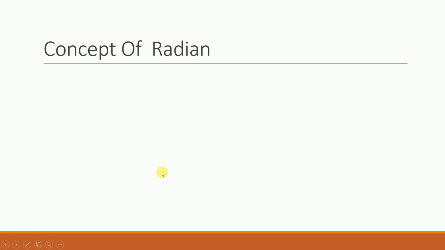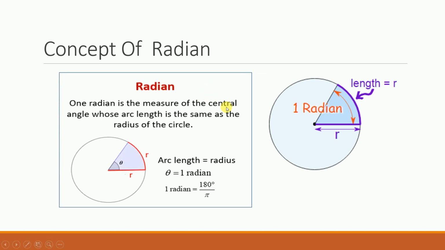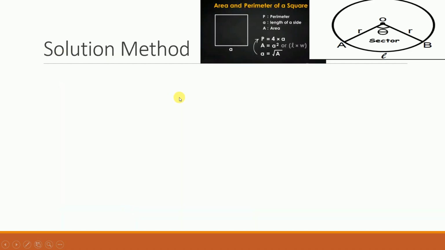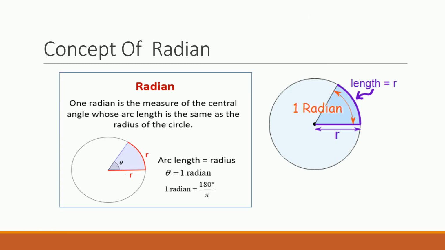What is the third concept? The third concept is very interesting concept. Especially this concept is very important in trigonometry. In lower classes, we have studied two types of units for angles. That is degree and grade. Of course, grade is very rarely used. In most of the countries, in lower classes, we use degree only. We have a new unit to measure the angle, that is a radian. This unit plays vital role in the development of trigonometry.